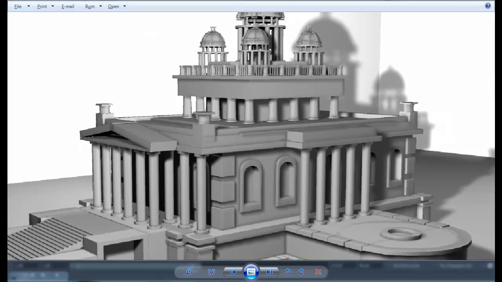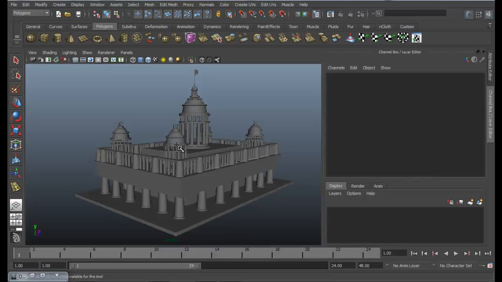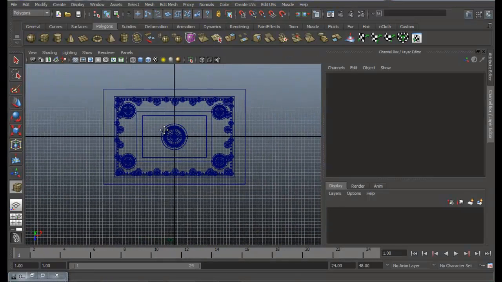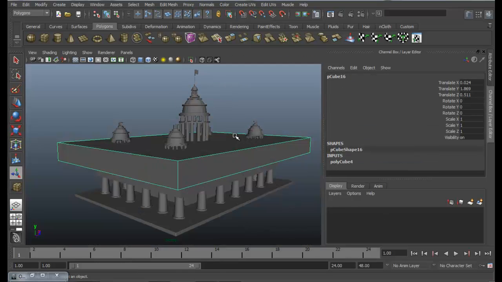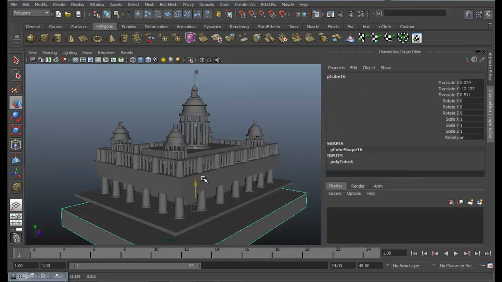Oops, sorry. Just select box and then create another box right down here. Scale it up. Okay.